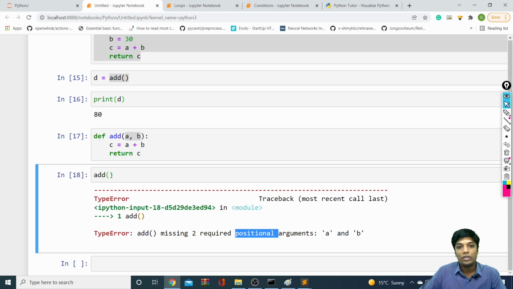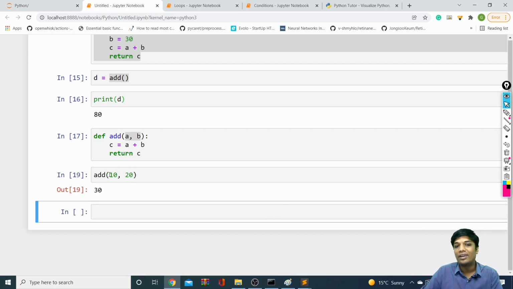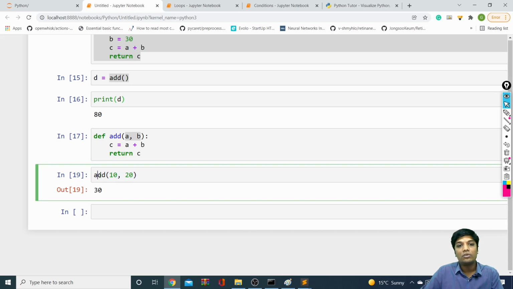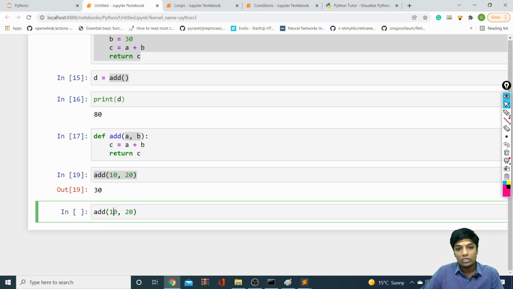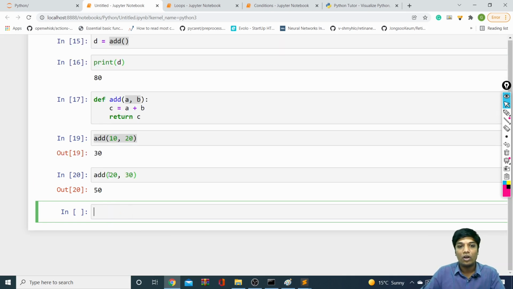So let me give some values here. I'll make it 10 and 20. So automatically what happens is A will be 10 and B will be 20. Okay, I'll run this. I'll be getting 30. I'll try to use maybe different values. So the advantage of arguments is this. I can do it dynamically, means I can give 20, 30. I'll be getting 50. Or maybe